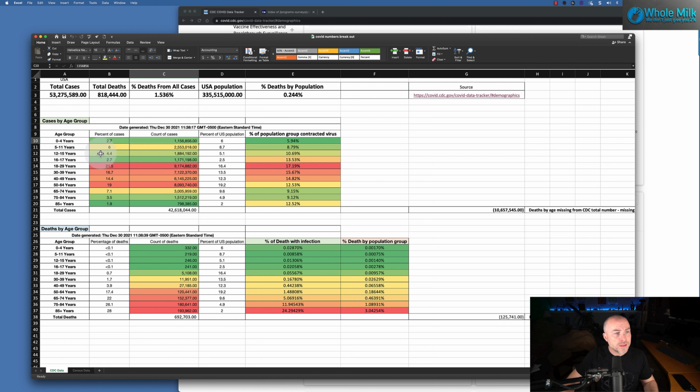0 through 4. So let's look at school-age children, because that's what really impacts my reality, and it breaks my heart to see young children being forced to wear masks for no reason. They keep saying it's for the safety of the children, safety of the children, safety of the children. Well, we're going to bring that together here in a second.